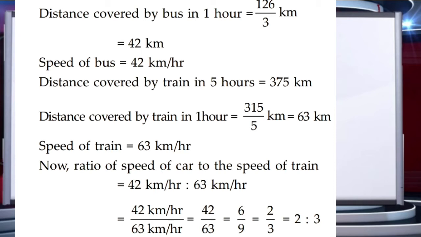Now you have to find out the ratio of their speeds, that is 42 ratio 63. Here you will cancel it. You can use the HCF method or the step-wise method, anything you can use. Here I am using the step-wise method. Here I am dividing both by 7. 7 6s are 42, 7 9s are 63. Again you can cancel both the numbers 6 and 9 by 3. 3 2s are 6 and 3 3s are 9. So the required ratio is 2:3.